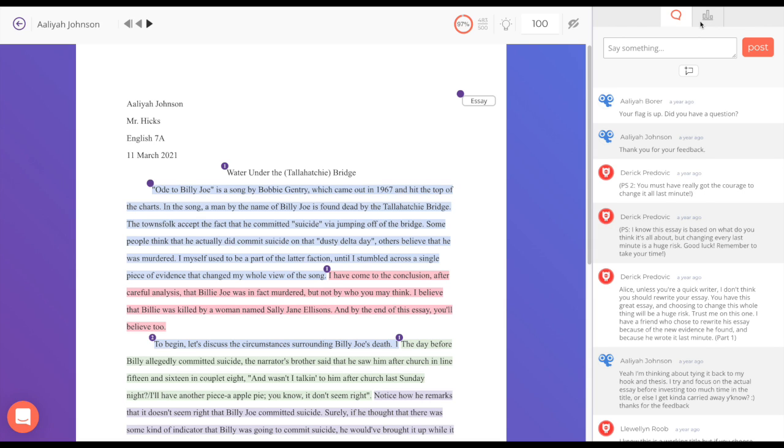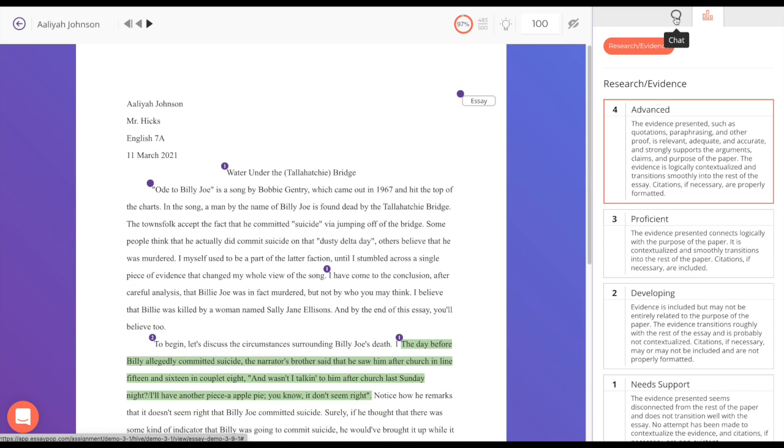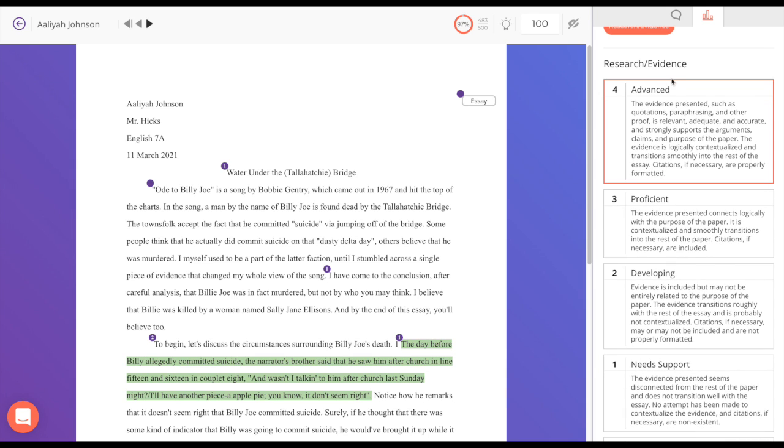So in order to start the grading process, you're going to go to this icon here, which is the assessment icon. Okay, it's right next to the chat. And whatever you've selected, this is a different paper. We've selected research and evidence. Whatever you've selected, whether it be one element or many, it's going to show up here in this sort of pill-shaped selection. So you would go through and you'll see that there is a populated rubric with all the criteria,